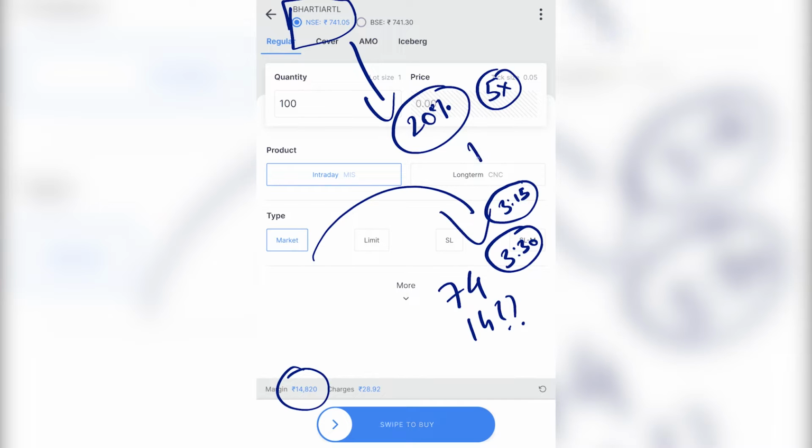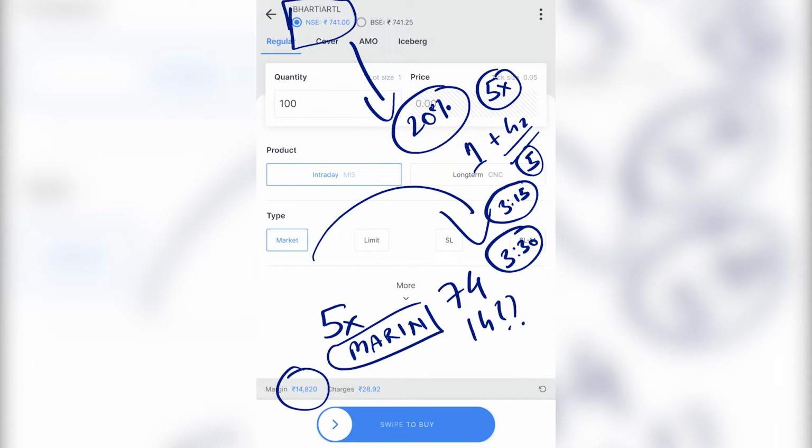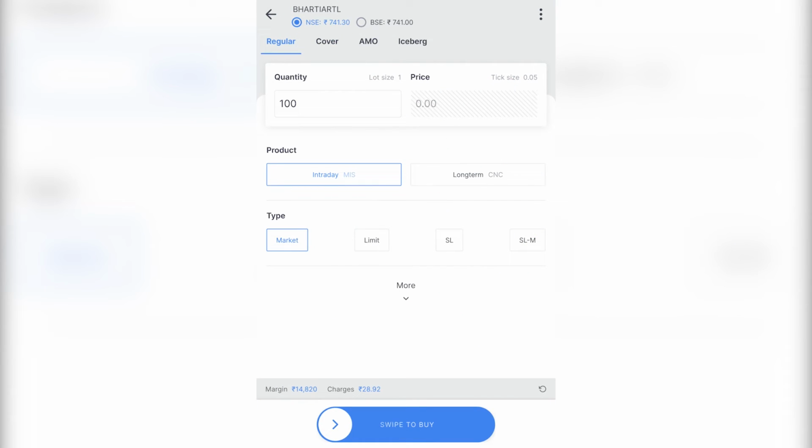So basically, if you put in 1 rupee, 4 rupees in addition will be put in by Zerodha, and your trade can be of 5 rupees. So for intraday trades in India, there is 5x margin available, which means that you are taking a 5x leveraged position to place this trade. So your margin in this case is 20%, your leverage is 5x. Now, for example, if I have put in 1,000 rupees and I have taken a 5x leverage trade, my trade value is 5,000 rupees.